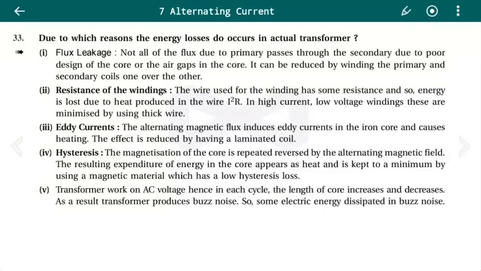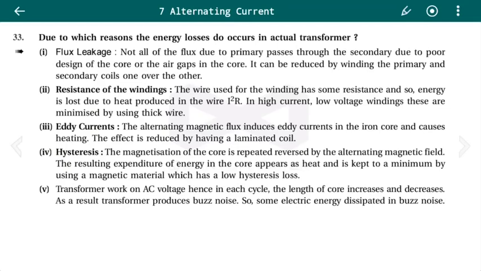Now let us see the reasons why energy losses occur in an actual transformer. So what are the various reasons for which there are energy losses? The first reason is flux leakage. Not all of the flux due to the primary passes through the secondary, due to poor design of the core or air gaps in the core. It can be reduced by winding the primary and secondary coils one over the other. So if there is imperfect design of the core, then there will be flux leakage,